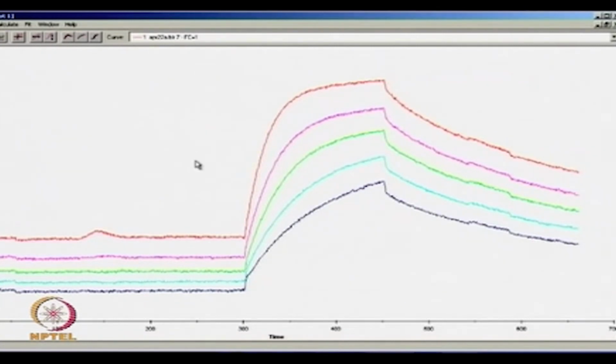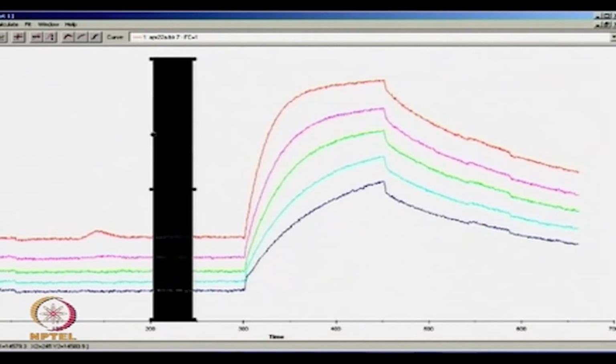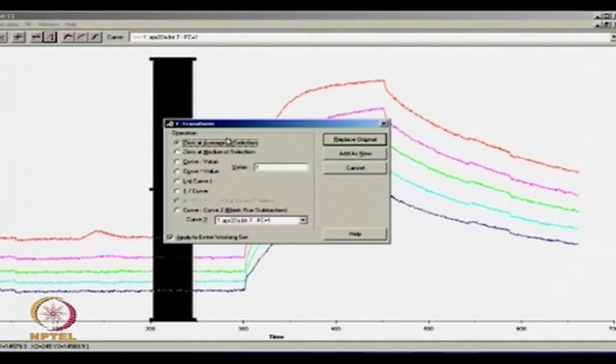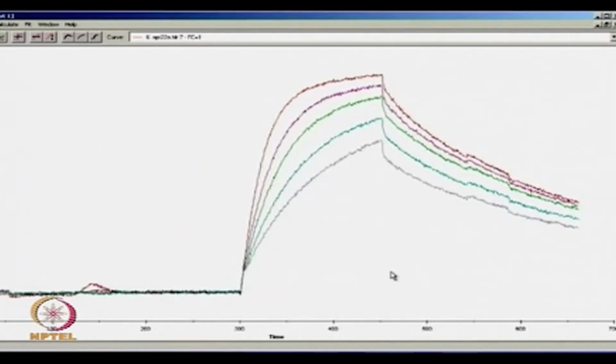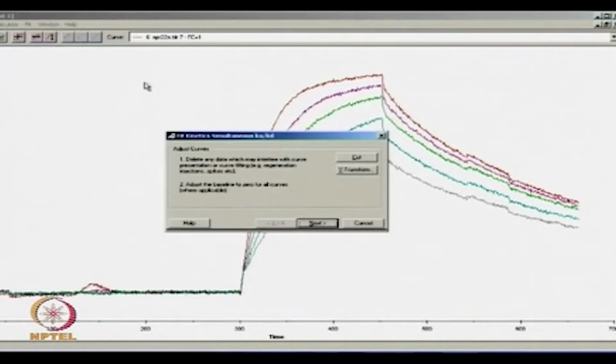Now I'm going to just baseline this result. So I select the baseline here, and then I just go to the adjustment of y-axis and I say 0 at the average of selection, and then I say add as new. And now all my 5 results are shown here. Now I'm going to do a quick kinetic analysis, and it's really extremely simple to do a kinetic analysis because all that I do is say calculate, I say kinetics, simultaneous K on and K off, and I have already done the cutting and the Y transformation,